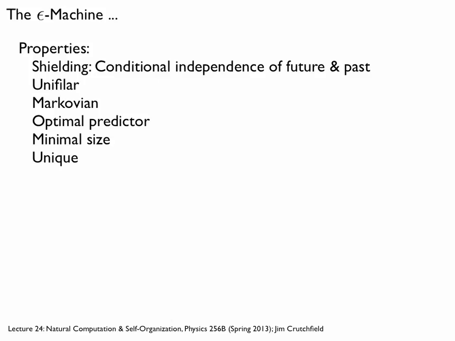And in fact, if you have your own favorite model, and you say, here, it's optimal in its prediction, it's minimal size, then basically you and I are just disagreeing over what we call the states. Alice, Bob, and Charlie are 0, 1, and 2. Essentially, this presentation is unique. And hence, this set of properties strongly suggests this is what you should be doing in any modeling.